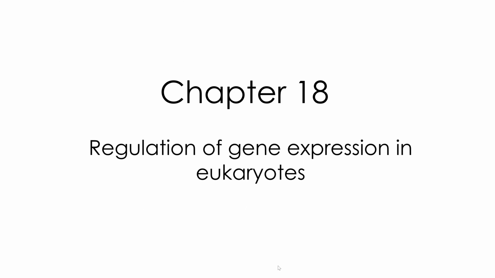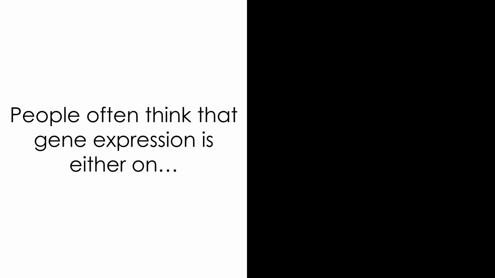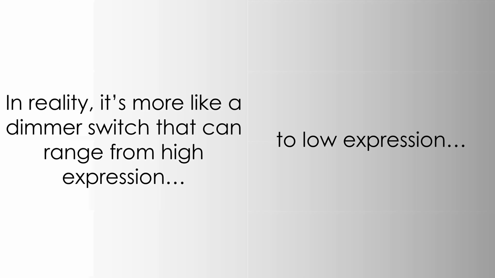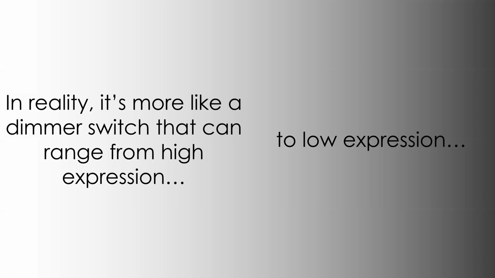looking for. So many people think that gene expression is either on or off, but in reality, this is more of a spectrum. So you can think of it more like a dimmer switch that can range from high expression to low expression. So anywhere in between, allowing the cell to control exactly what level of gene product that it's